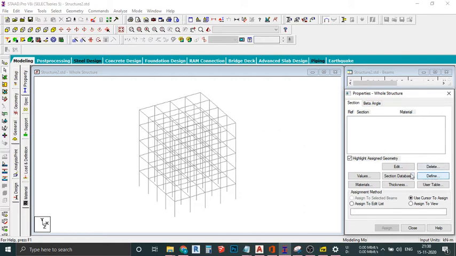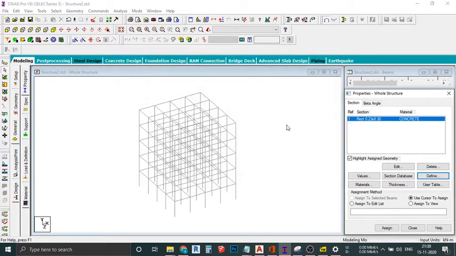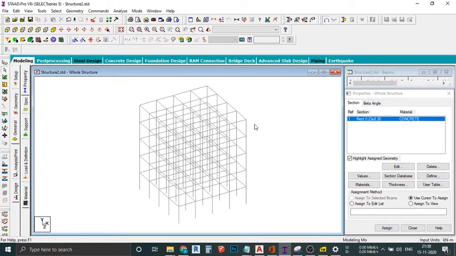So I'll just give it certain sections, like going for the defined, rectangular, so certain concrete sections, whatever dimensions. We can give our own dimensions in the designing, but however this video is just dedicated to show you how to apply the wind loads. Now I'm just gonna assign this thing,